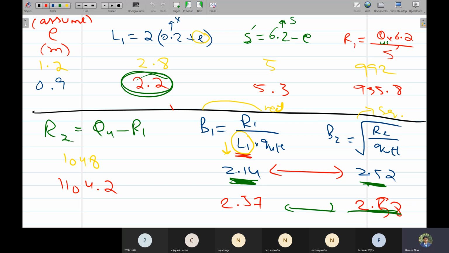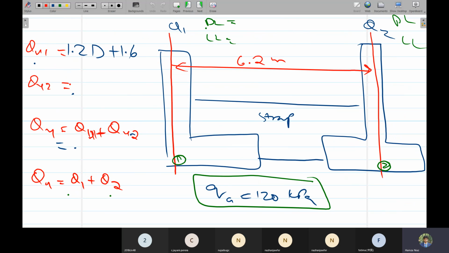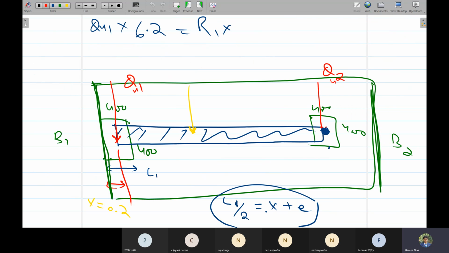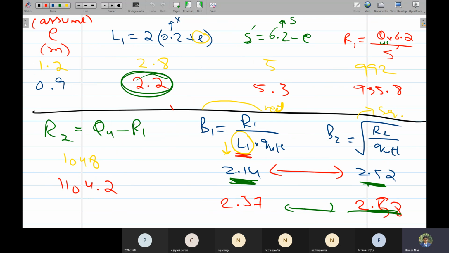Right? So this is simple. First, if they are saying that you have to use USD, then factor the loads. Otherwise, take the loads as given. You don't need to factor them. But if they have specifically mentioned that you have to use USD, then factor them. After factoring them, assume some value of E, calculate L1, and then calculate S bar, R1, R2, B1 and B2. And until B1 and B2 are almost the same, we have to do trial again and again,